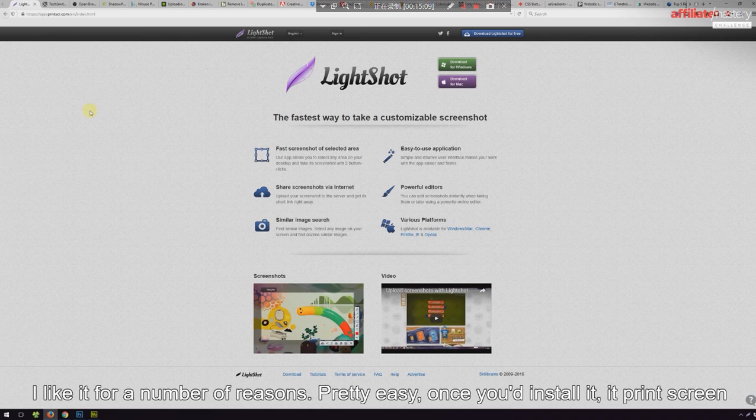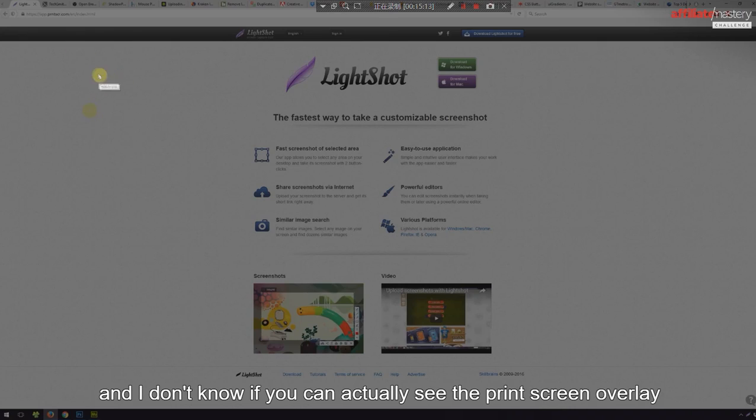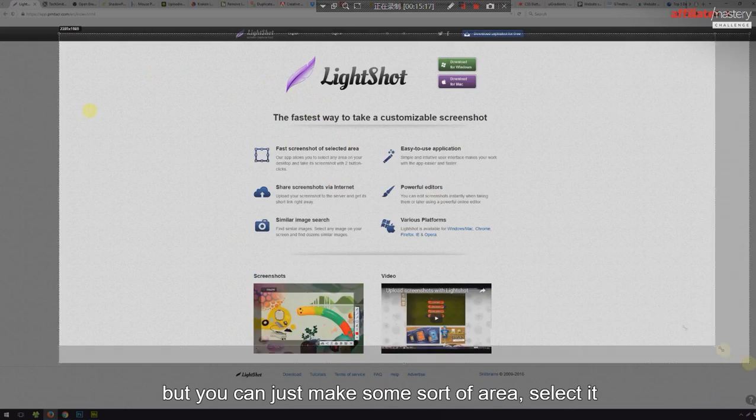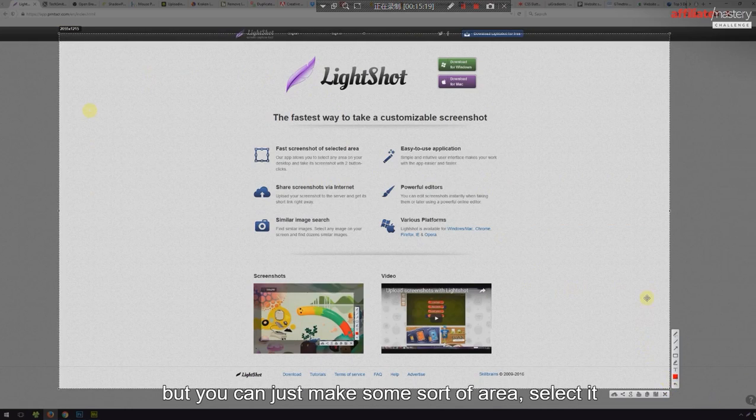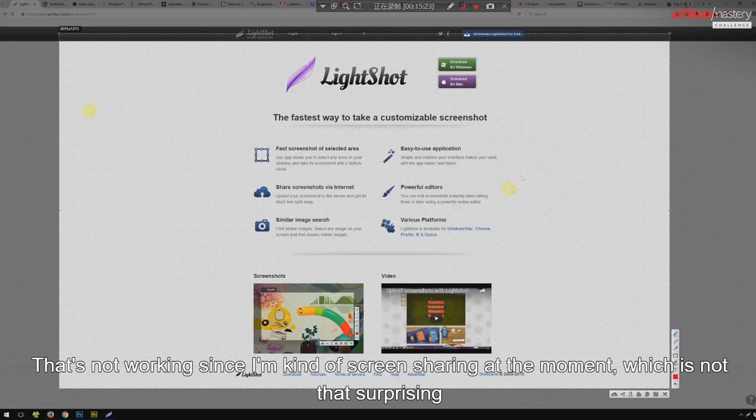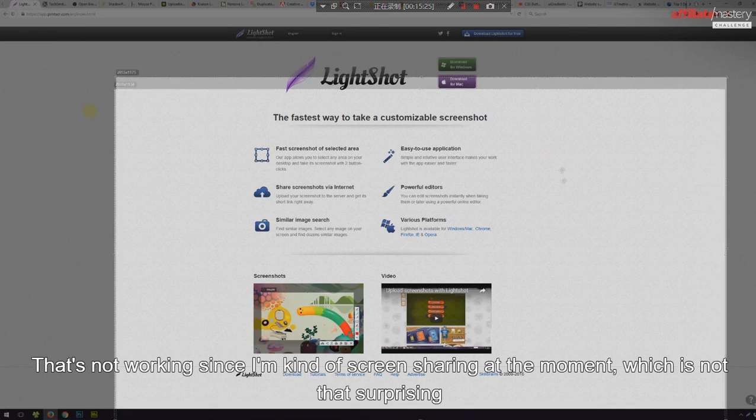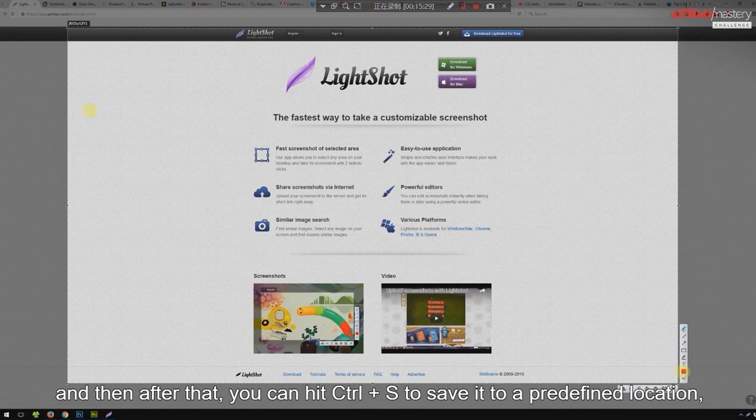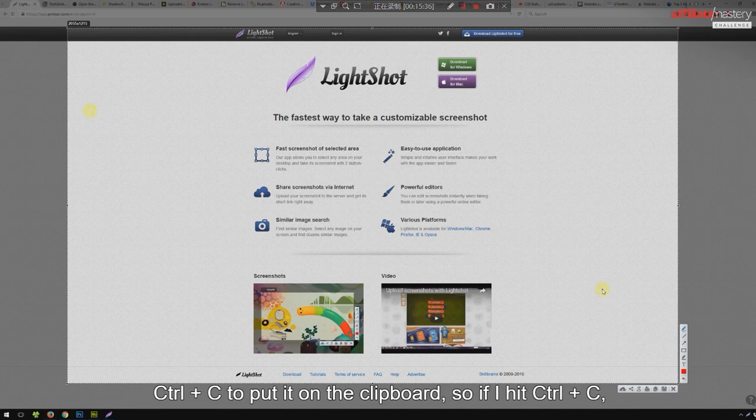I like it for a number of reasons. Pretty easy. Once you install it, hit print screen, and I don't know if you can actually see the print screen overlay, but you can just make some sort of area, select it, and then once you select it, you can draw things on it if you want. That's not working since I'm screen sharing at the moment, which is not that surprising. And then after that, you can hit Control S to save it to a predefined location, Control C to put it on the clipboard. So if I hit Control C,